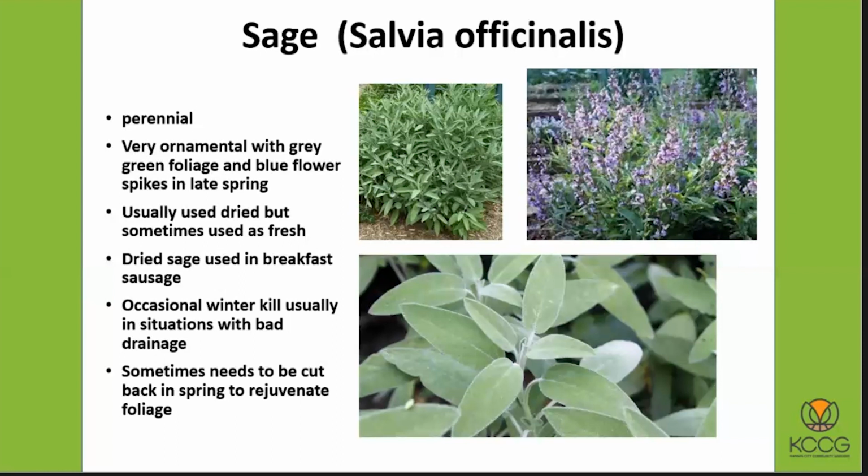So if I remember, I actually experimented once with just buying some ground pork and ground hamburger, mixing it together and putting ground sage in it. And basically, you can make your own breakfast sausage. So that's why they say don't use too much sage, because it will overwhelm a recipe and make stuff taste like breakfast sausage, which is fine if that's the effect we're going for. But lots of times we'll mix it with other herbs and it'll be a nice